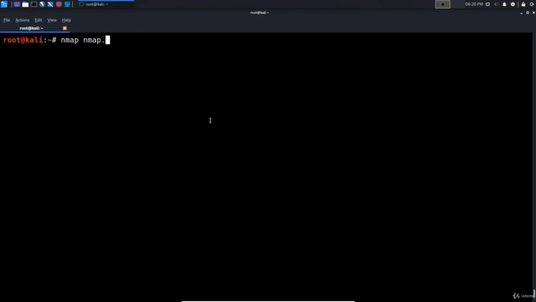Let's start off by scanning the scanme.org website, right? So nmap scanme.org, and we want to hit enter. So this is a default scan. Now there's a few important things about a default scan which we'll touch upon in a bit. So let's wait for this scan to